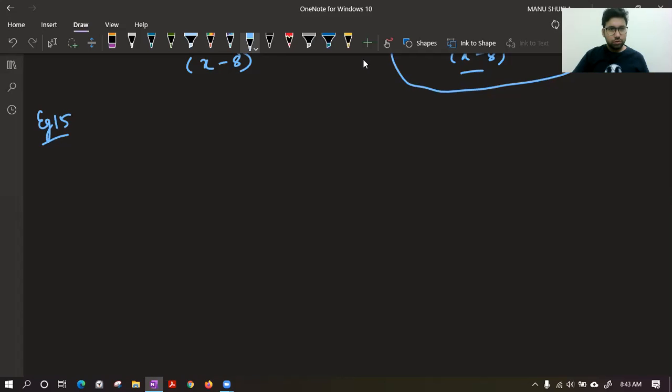Divide 44x power 4 minus 5x cube minus 24x square by